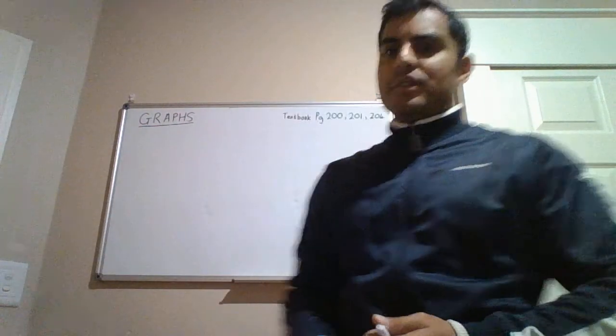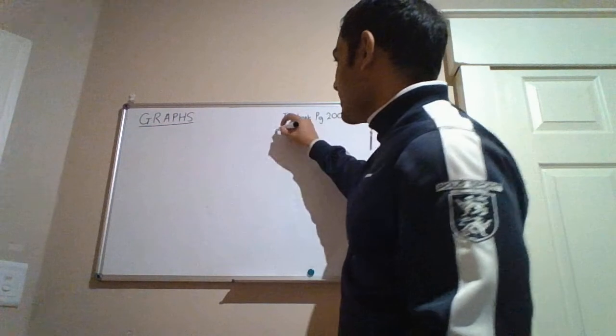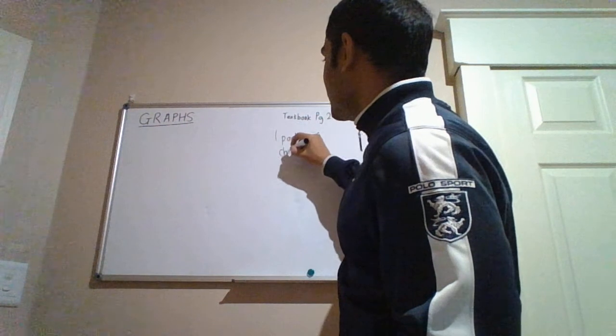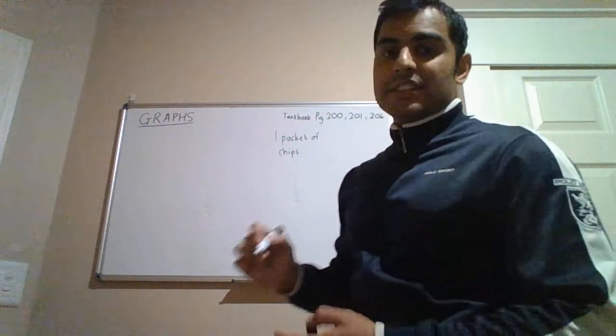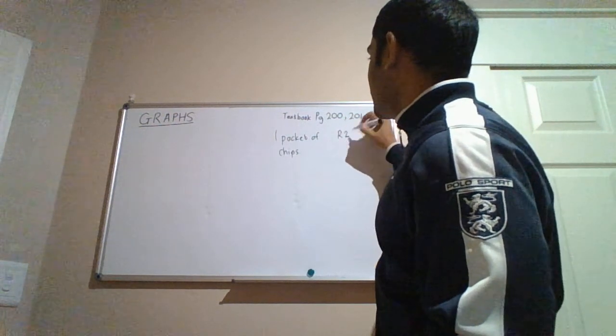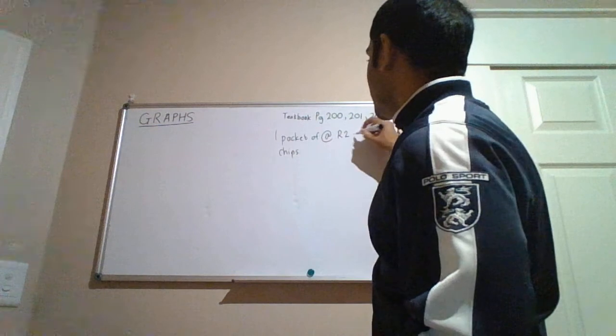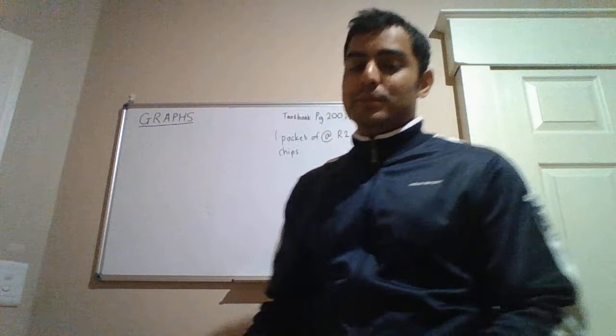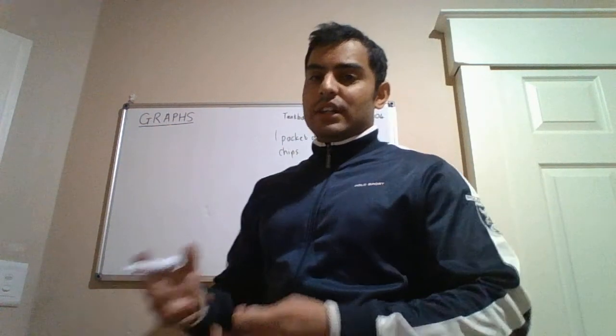So here I'm going to talk about selling packets of chips. This is a case where one packet of chips sells at 2 Rand each. Okay, so these are 80s prices. I'm just using small numbers to keep it simple. So if we were to represent this as a graph,